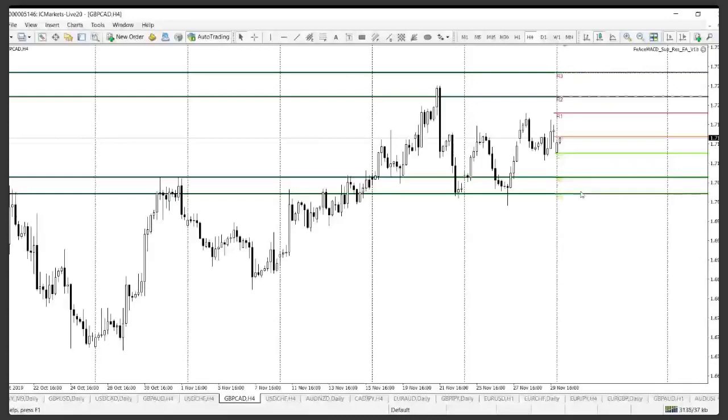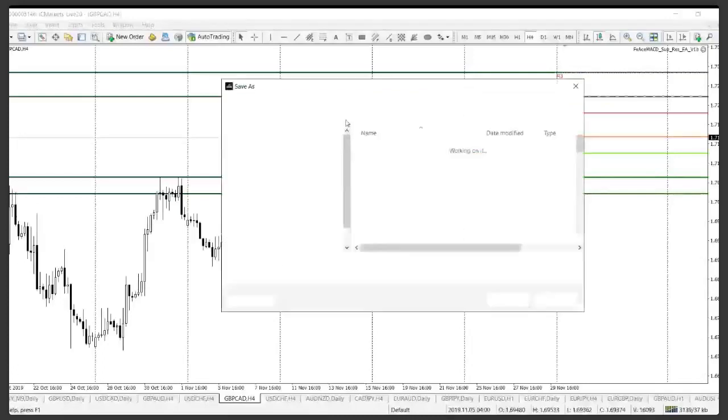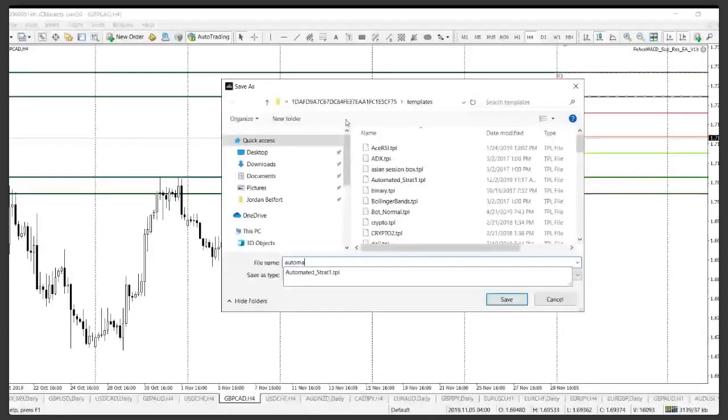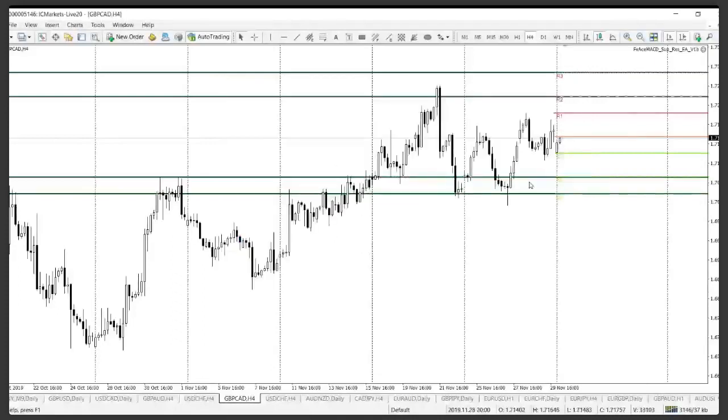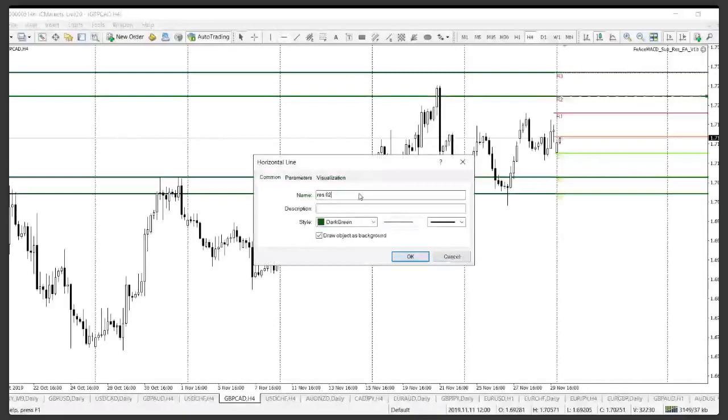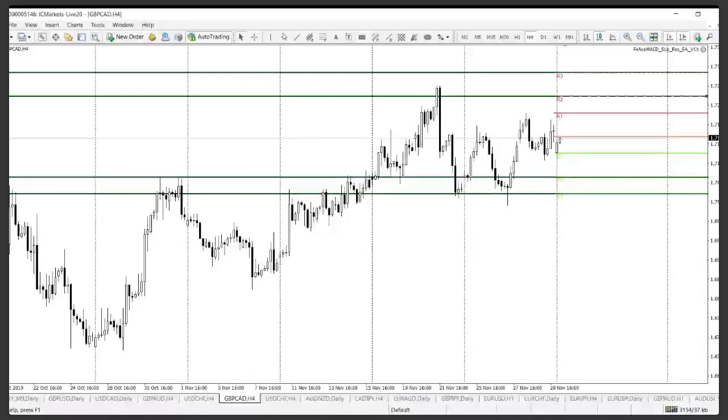Okay, so we'll just go like this: templates, save template, and we'll do automated strat 2. Again, you don't delete the lines, you make sure they're on. RES. And well, let's look at another one to show how easy it's set up. Universal. Okay,